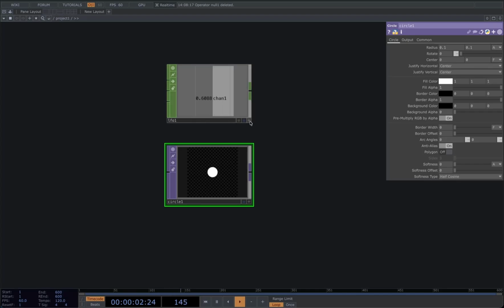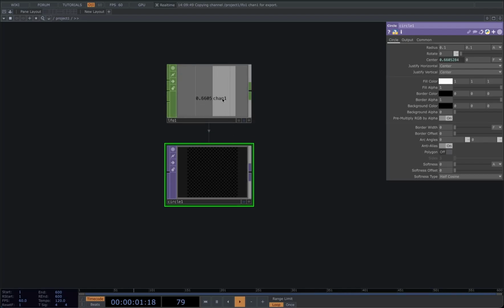So first, let me click on Viewer Active here in the bottom right corner of the LFO. This lets me drag this value and use it to modulate or change the parameters of this circle. So I'm just going to drag it into center X here. And in this little drop down that opens, I'm going to select Chop Reference, which essentially means whatever the value here is going to be the value there. And you can tell that the circle goes outside of the screen because the screen is only -0.5 to 0.5